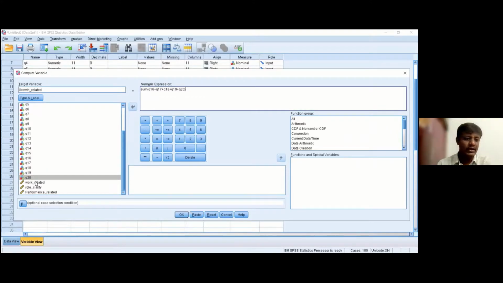Just below Q20, you can see the new variable is listed here. In this way, whenever you create any variable, it gets included in your variables list. Then click on OK.